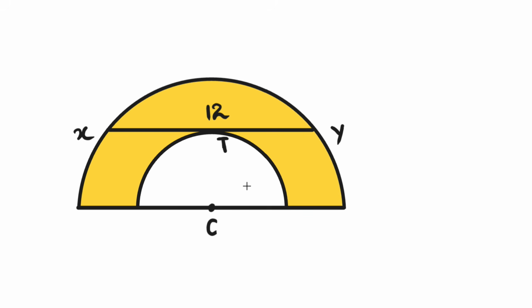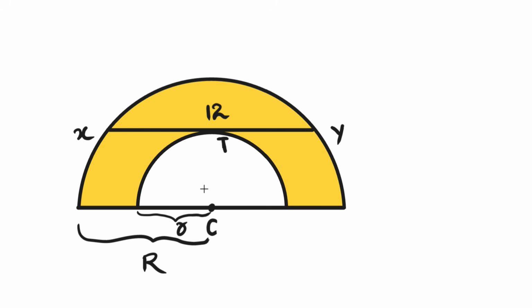We are also given a chord xy of the larger semicircle, and this chord is tangent to the smaller semicircle at point T. The entire chord xy has a length of 12 units. Our job is to find the area of the shaded region. So, let's begin by naming the two radii. I'll call the radius of the larger semicircle uppercase R, and I'll call the radius of the smaller semicircle lowercase